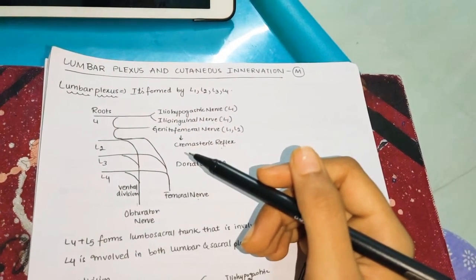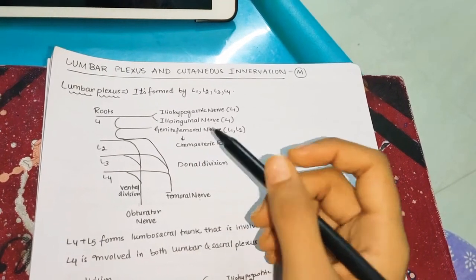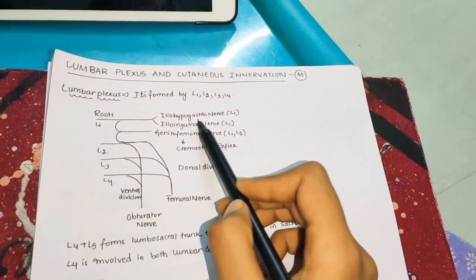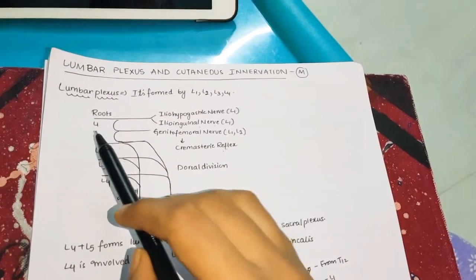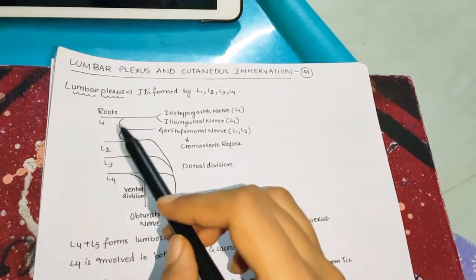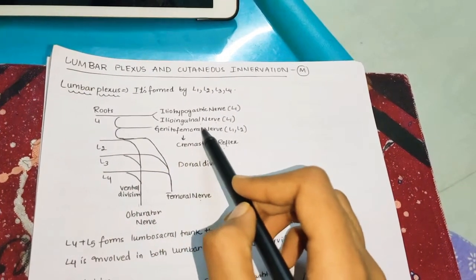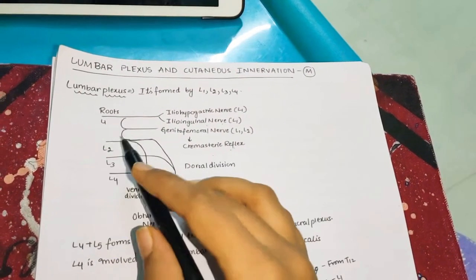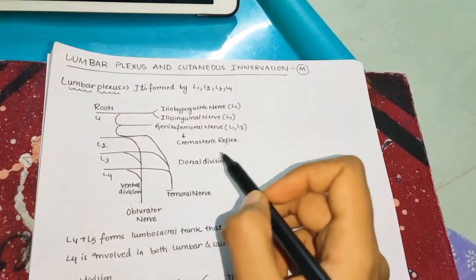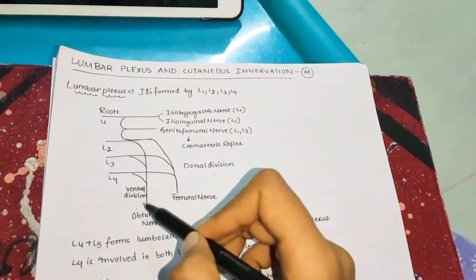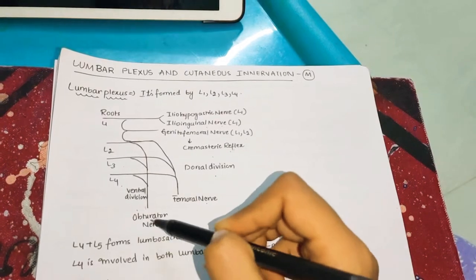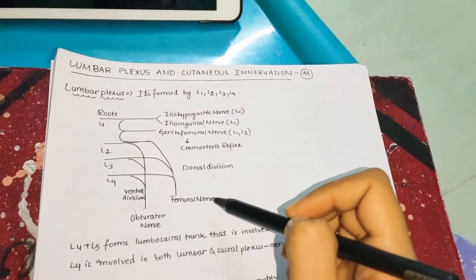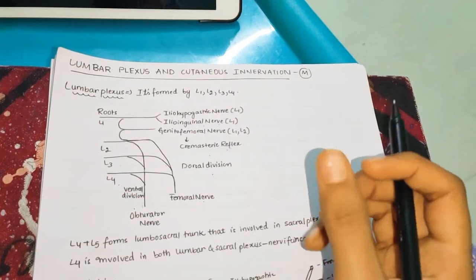So these are very important nerves and the root values are also very important. So remember, from L1 you will get two nerves, the iliohypogastric nerve and ilioinguinal nerve. From the L1 twig and from the L2 twig you get one more nerve, that is the genitofemoral nerve, which is involved in cremasteric reflex. From L2, L3, L4 you have the ventral division and also the dorsal division. So the ventral division of L2, L3 and L4 forms the obturator nerve, whereas the dorsal division of L2, L3 and L4 forms the femoral nerve. So these are the different nerves which are formed by the lumbar plexus.